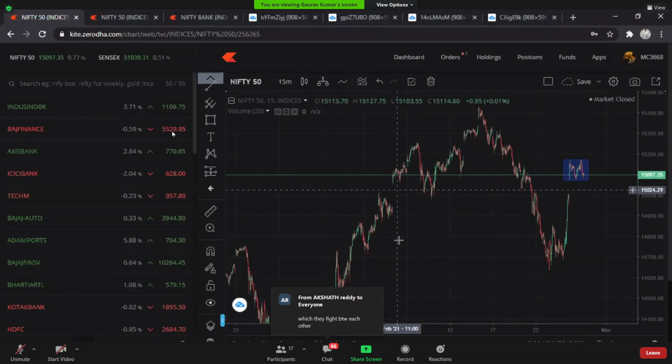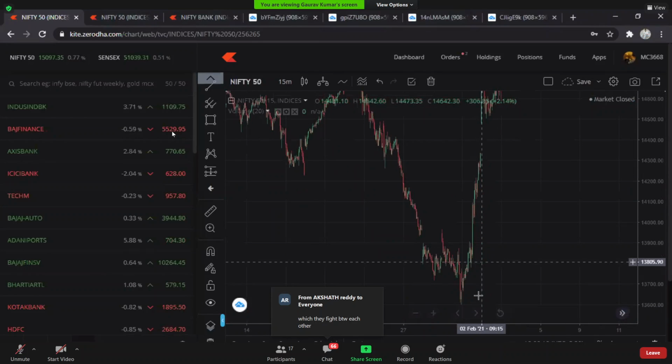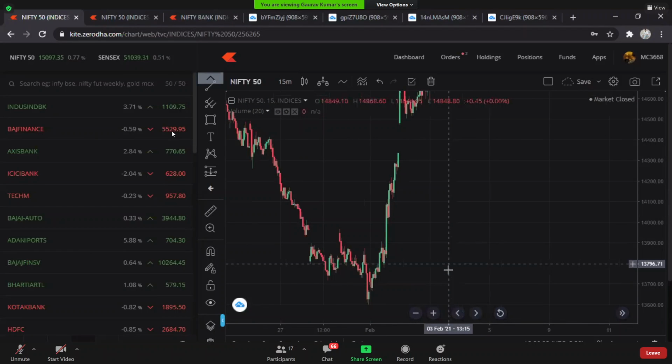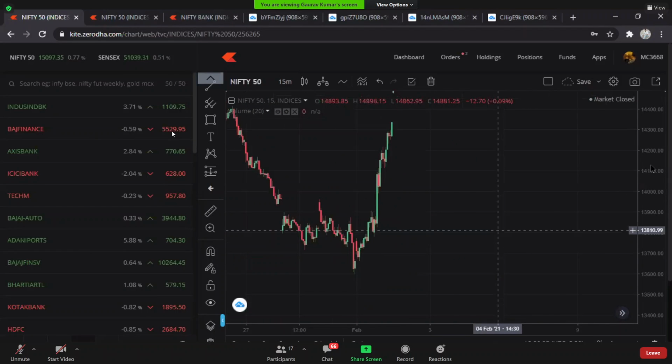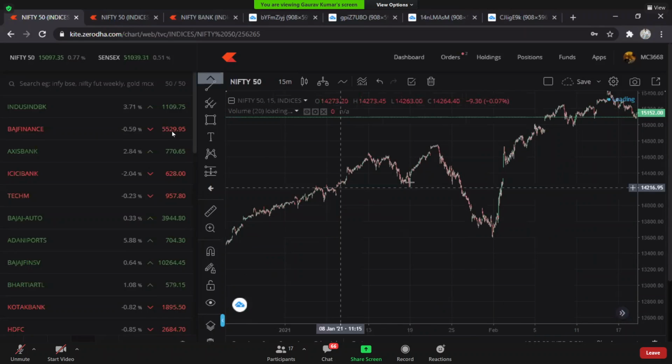A flag here and a breakout. Here also we had a double bottom kind of structure. Just gave another big fake move here and then an upside move. A double top and